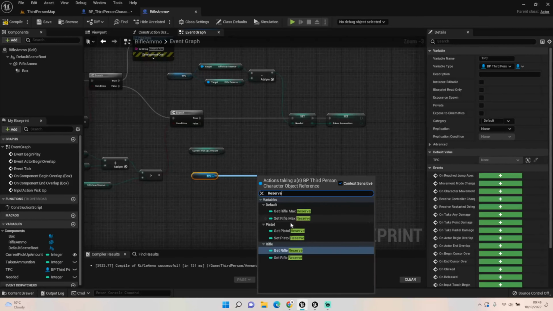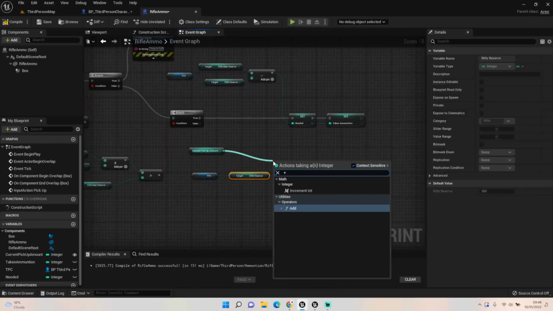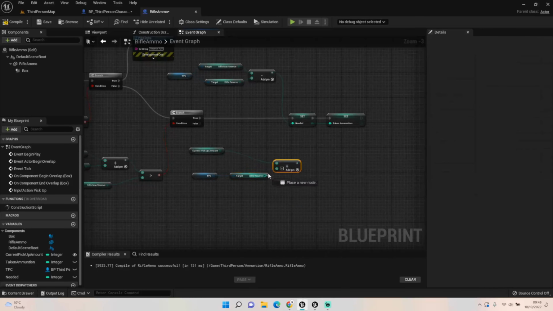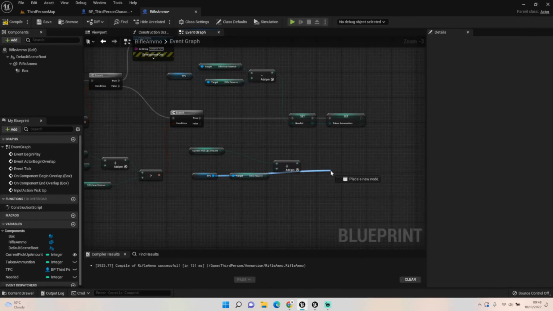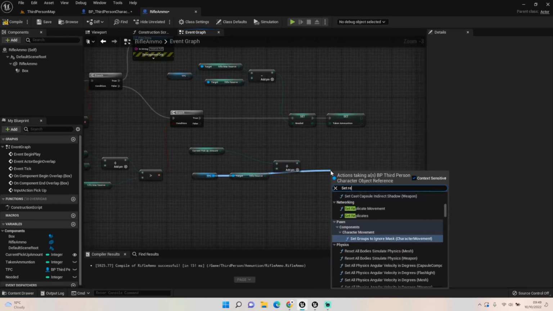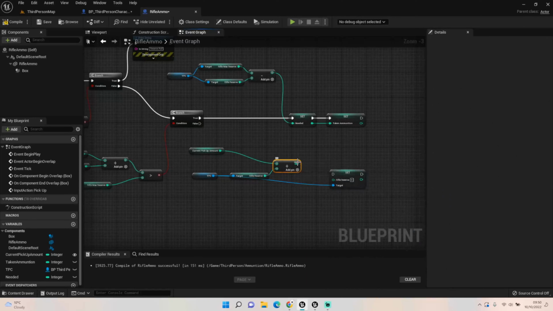We will get our rifle reserve, add those together, and set the rifle reserve through that. And then all we need to do is